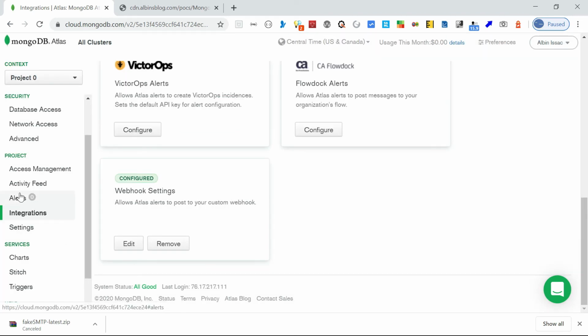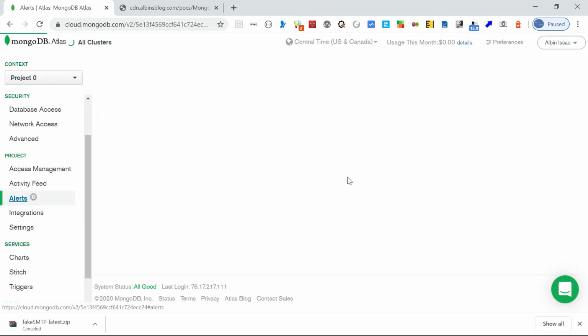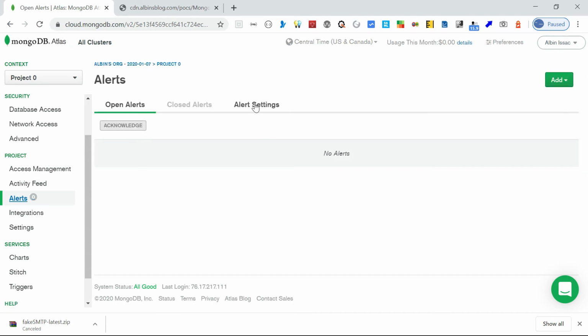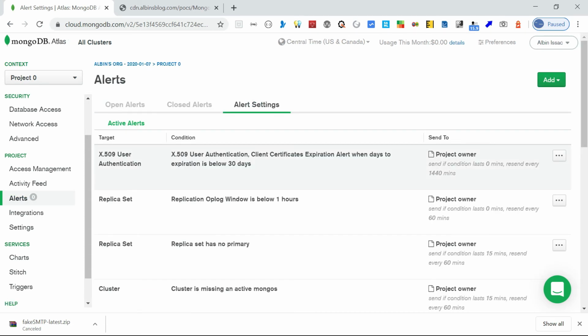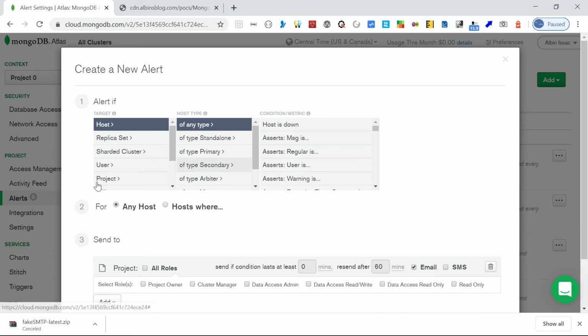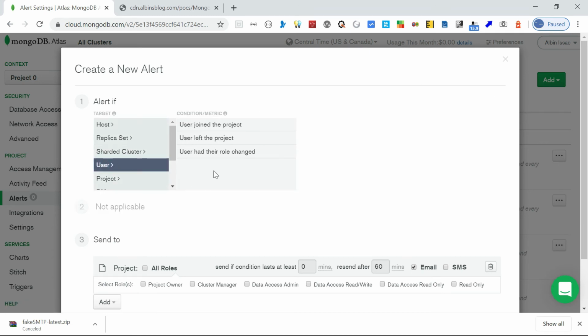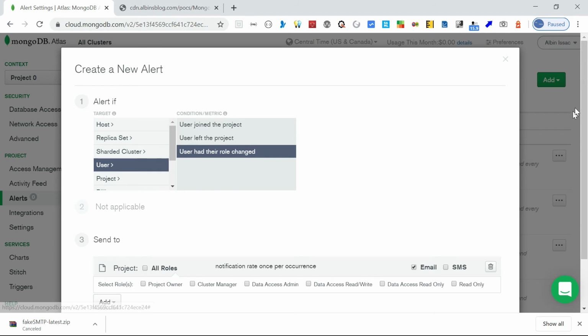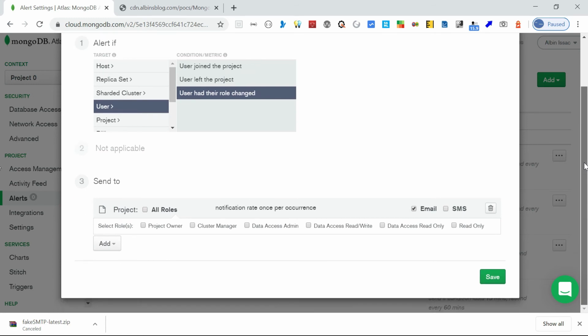Now go back to alerts again, go into alert settings, and click on new alert. I am going to select the target as user, user had their role change. Whenever the user role is changed at the project level, this webhook will be triggered.